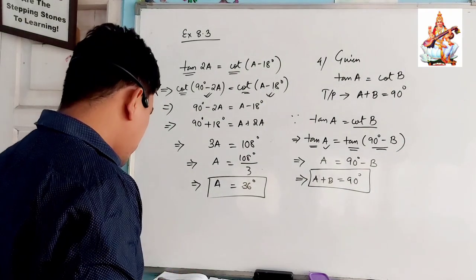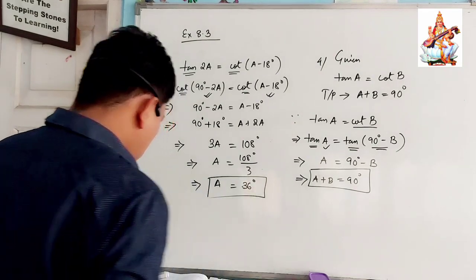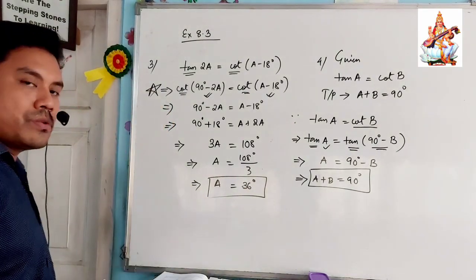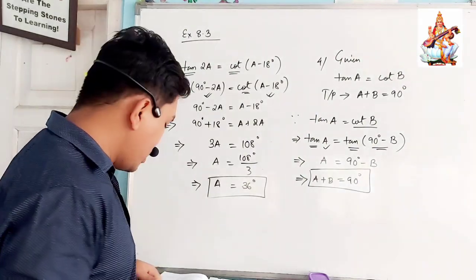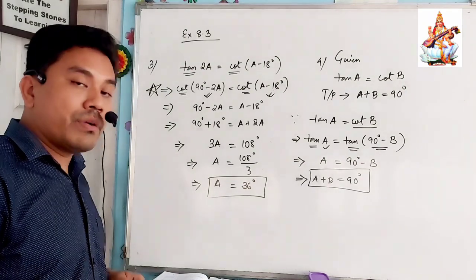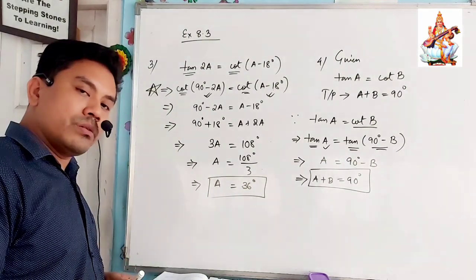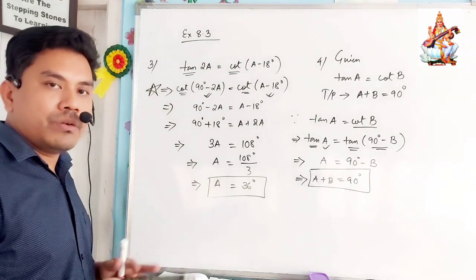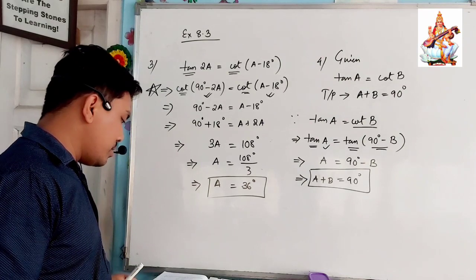Alright. Now let's start the next one. This is also the same. On both sides we have to make the trigonometrical ratios similar. Here what is given? On the left hand side you can say sec is there. In the right hand side what do we have? Cosec is there. So what we have to do? You make it cosec on both sides, and you equate the angles. Then you will be getting the answer.